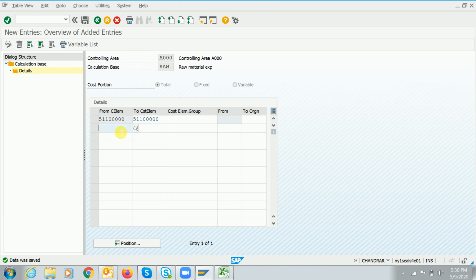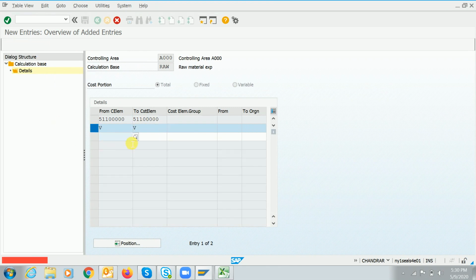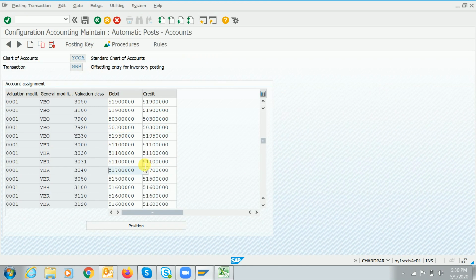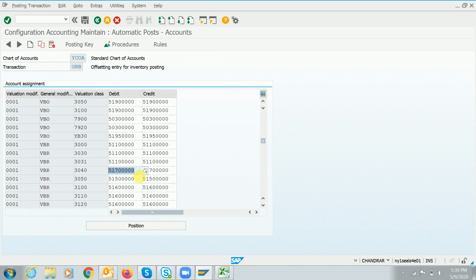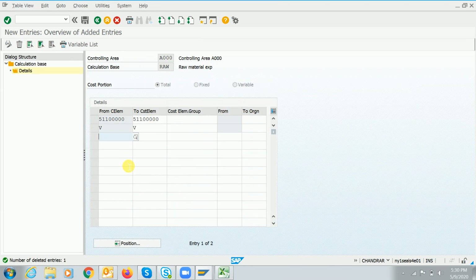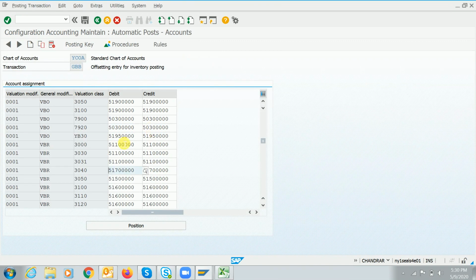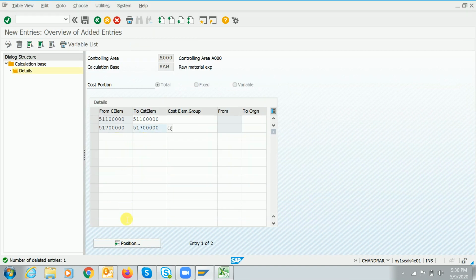In my example I am having several GL codes, so I couldn't maintain each one by one.